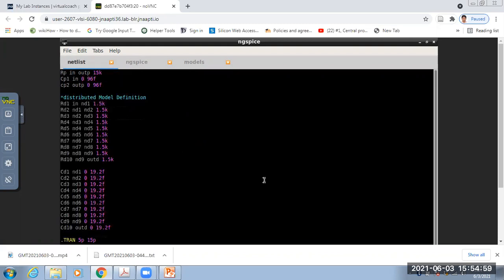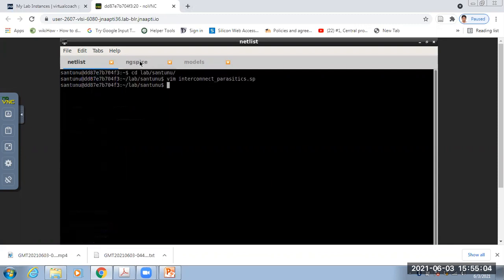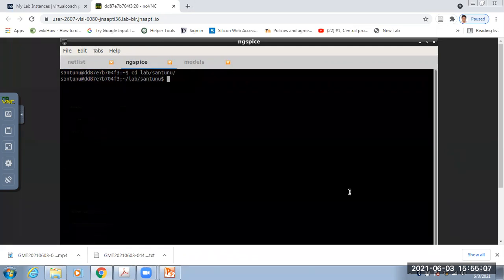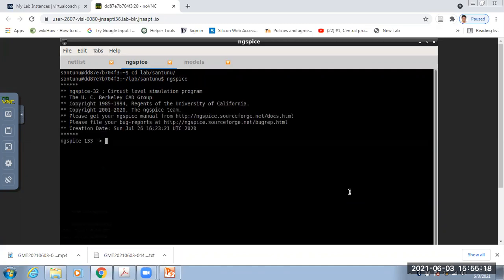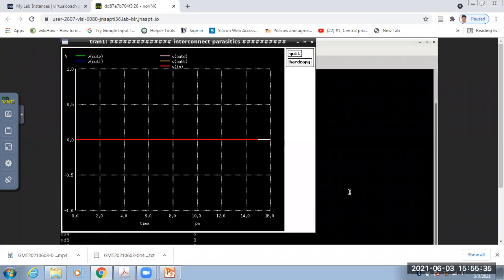Okay, so ngSpice source in. Yeah, so nothing getting means what's the problem?